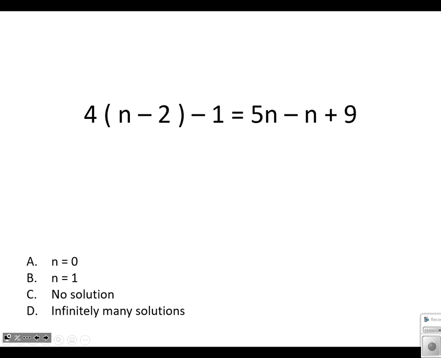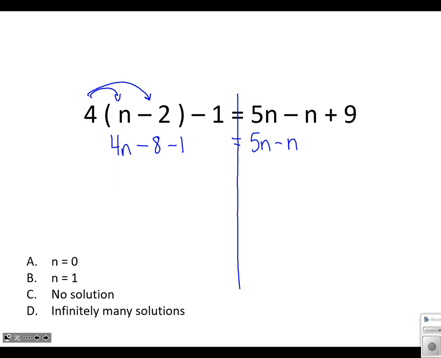Here we go again. I'm going to do the same kind of thing. Let's see, I've got distributive property. 4 times n is 4n. 4 times a negative 2. I got a positive times a negative. Is that going to be positive or negative? Negative, and 4 times 2 is 8. So negative 8 minus 1 equals, I'm just going to copy this down because I need to combine like terms